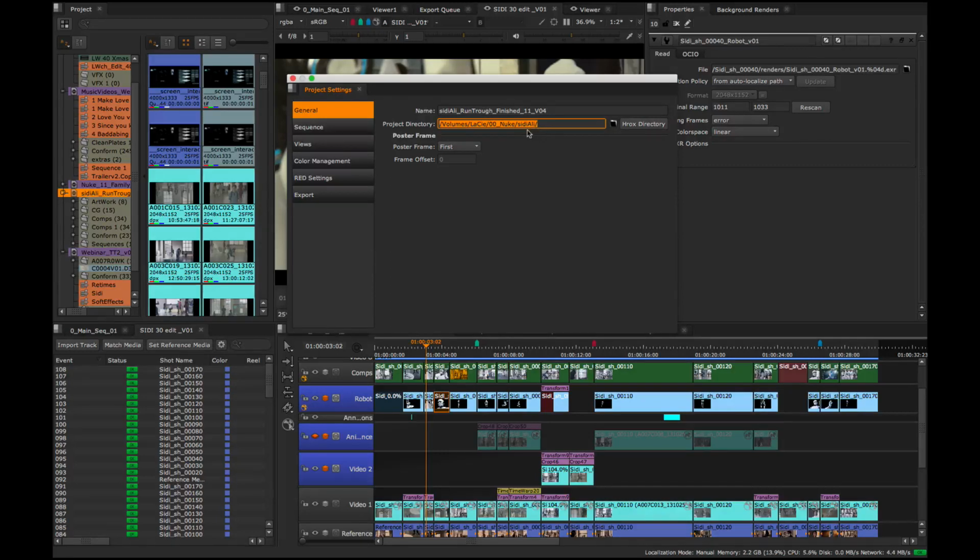So if you move your project again, or you archive, then you'll be able to unarchive it and have it ready for you to be picked up from wherever you actually put it on your network or on your system. So I'm going to use, in this case, the full path. So I'm going to use the project side, and that means that it allows me to, once I close that